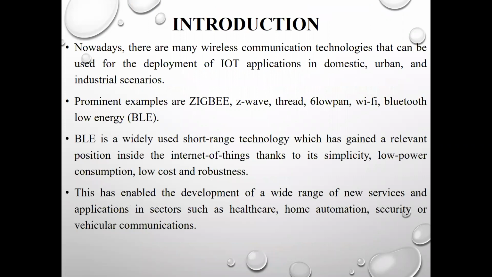Introduction. Nowadays, there are many wireless communication technologies that can be used for IoT applications in domestic, urban, and industrial ways, for example Zigbee, Wi-Fi, and Bluetooth Low Energy. Bluetooth Low Energy is a widely used short-range technology, which has gained a relevant position inside the IoT because of its simplicity, low power consumption, and cost. This has enabled the development of a wide range of new services and applications in sectors such as healthcare, home